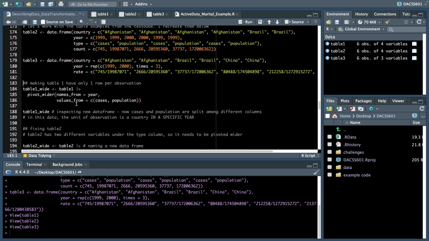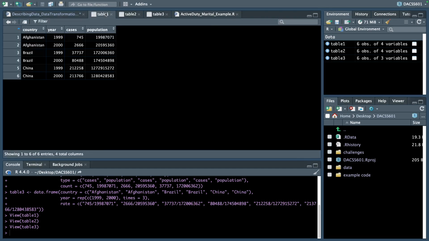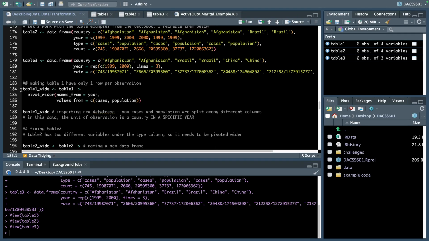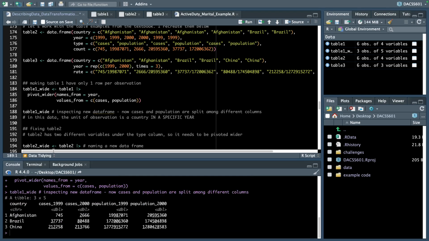So you might wonder why table 1 is considered tidy when each country is spread across two different observations. So here we have Afghanistan 1999 and so on, and then we have Afghanistan 2000 and so on. So it'd be valid if you thought, oh, let's break up year. And let's try that. We can use pivot wider. We're going to take names from year and then values from the cases and population columns. And let's see. What we get is cases and population split across two different columns,